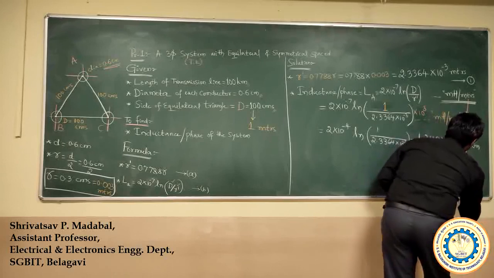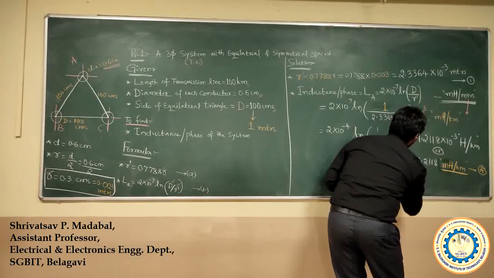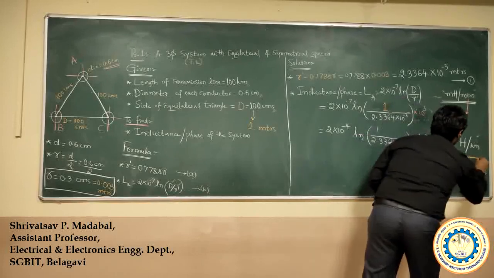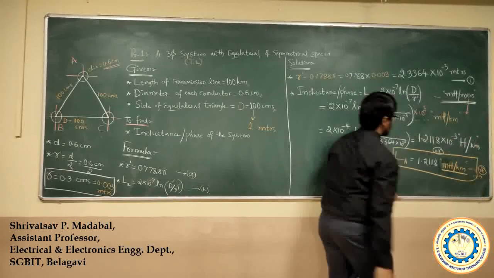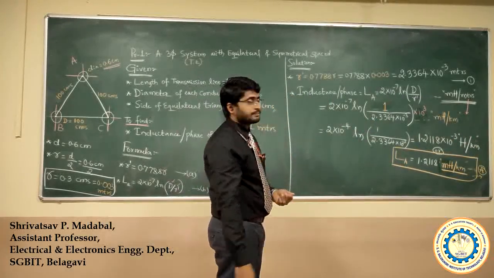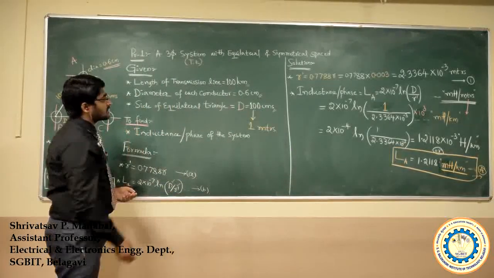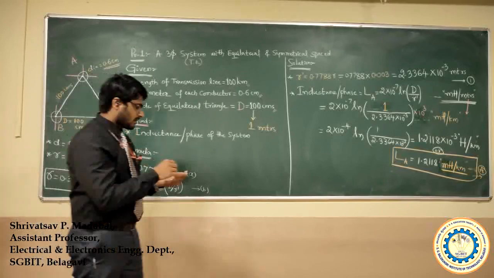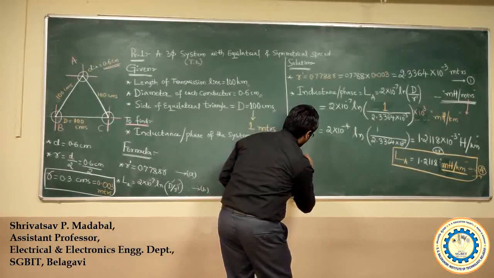So this is a standard one. So this is what I wanted. The LA value I found out to be 1.2118 millihenry per kilometer. But what is the length of the transmission line? It is 100 kilometers. So I have to find out the entire inductance of the